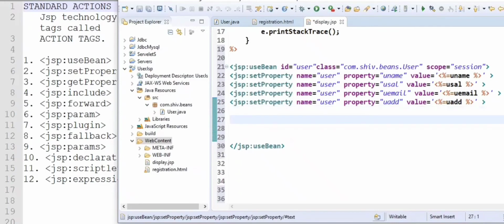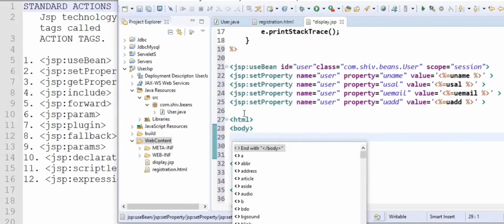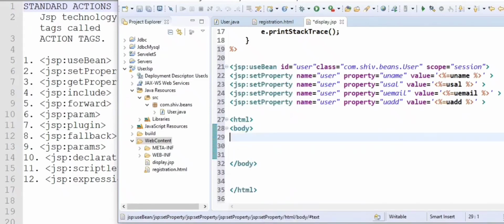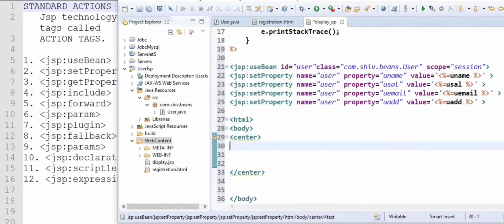Now I have to prepare an HTML page inside this JSP so that we can display user details inside this body. And now in center I am creating a table.